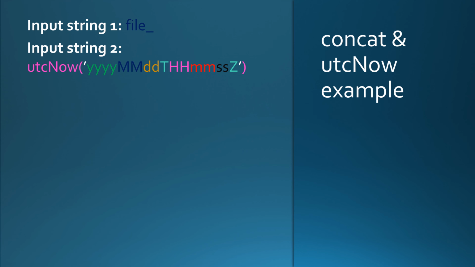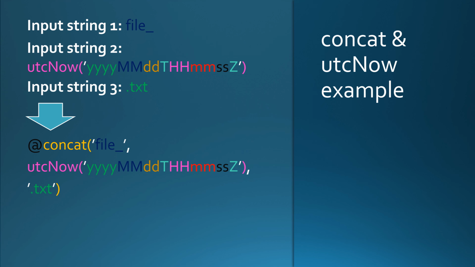Then our input string 3 is going to be .txt. So now let's input these to our concat function. Let's start with the @, and then we are going to have the file underscore as our first input string. After that, we are going to have the UTCNow function with the specified format, and then we are going to